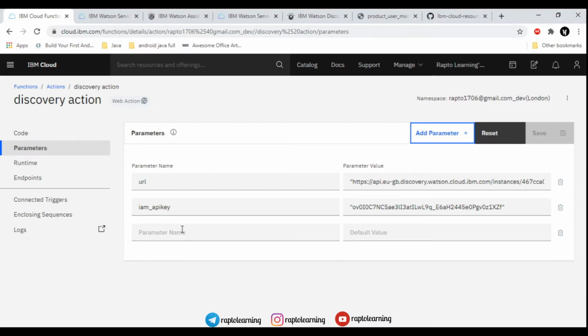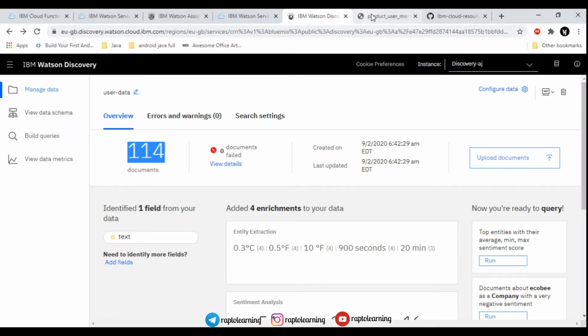Make sure you paste all this into the quotation as I have pasted it, right? If you paste directly, it will give you an error. We will just add another parameter, that is environment ID. So we will also give environment ID to it. For environment ID, you need to go back to Watson, that is Watson Assistant Service.